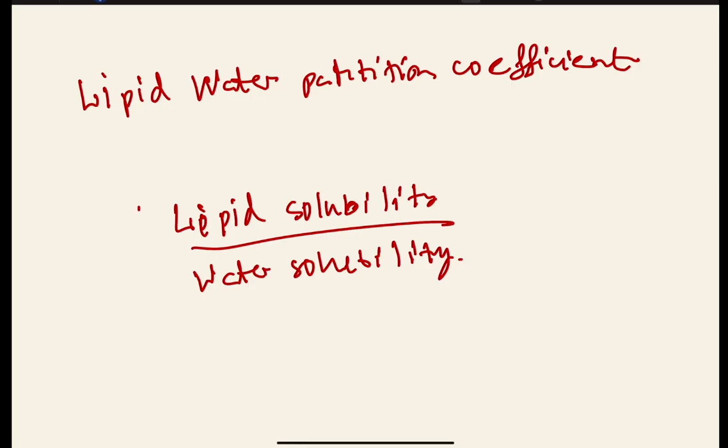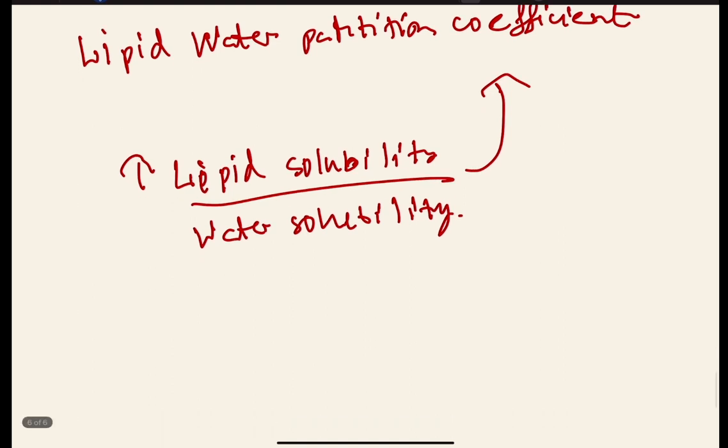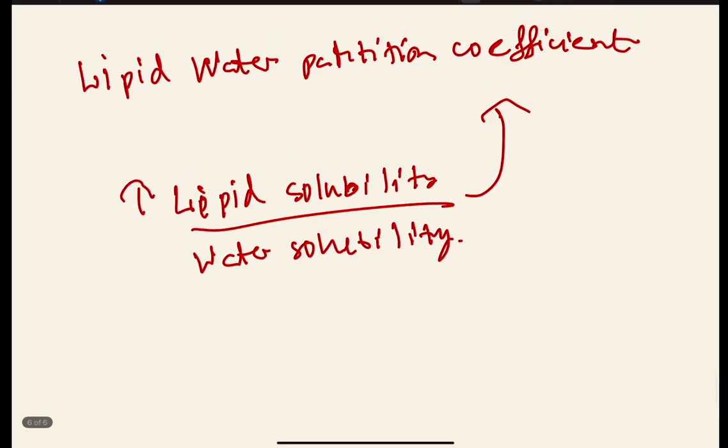If the lipid solubility is more, the lipid water partition coefficient will be more, and the drug will easily cross the biological membrane. If the lipid water partition coefficient is less, then the drug is more water soluble and it can't easily cross the biological membrane. Okay,